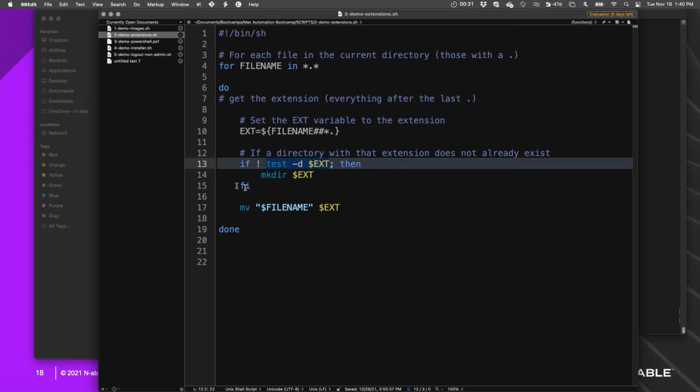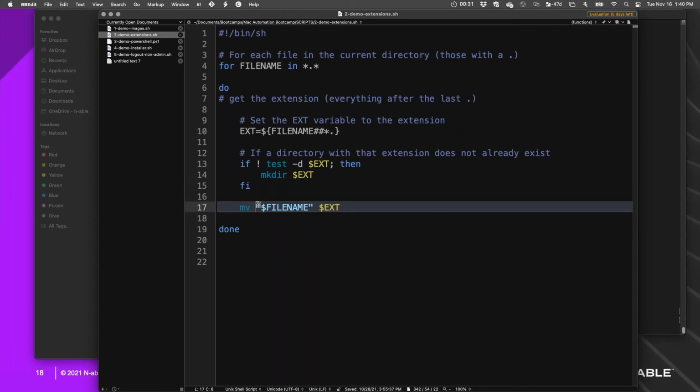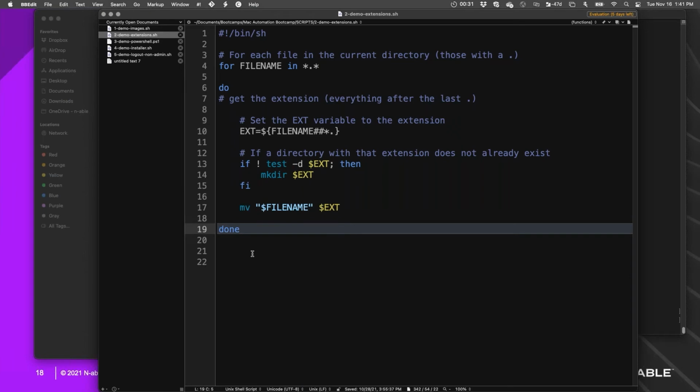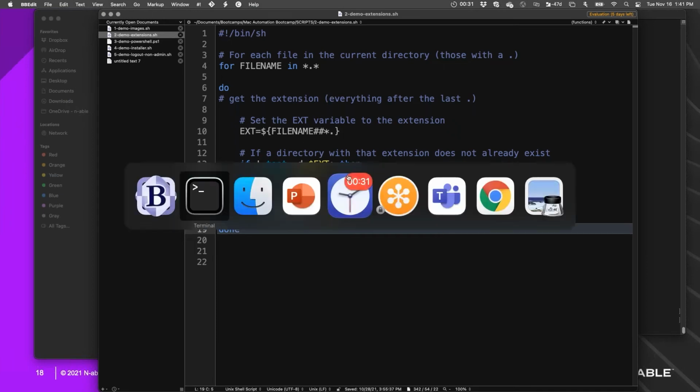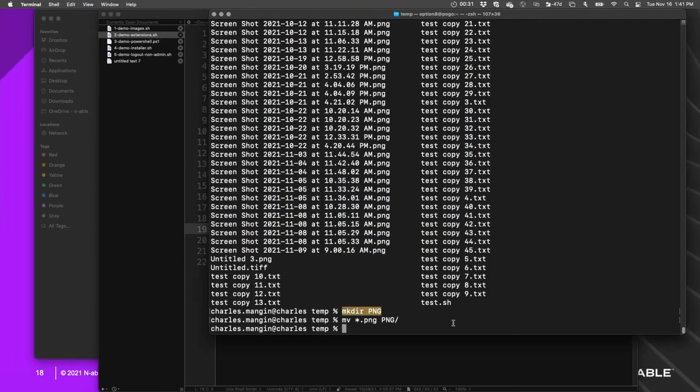And then if it does exist, then it skips this whole step and then just moves the file name into that folder. And in this case, the file name is surrounded by quotes because sometimes files have spaces in them and other weird characters. And rather than having to do all the special cases for escaping slashes and quotation marks and things like that, and spaces, just put it all in quotes and Bob's your uncle.